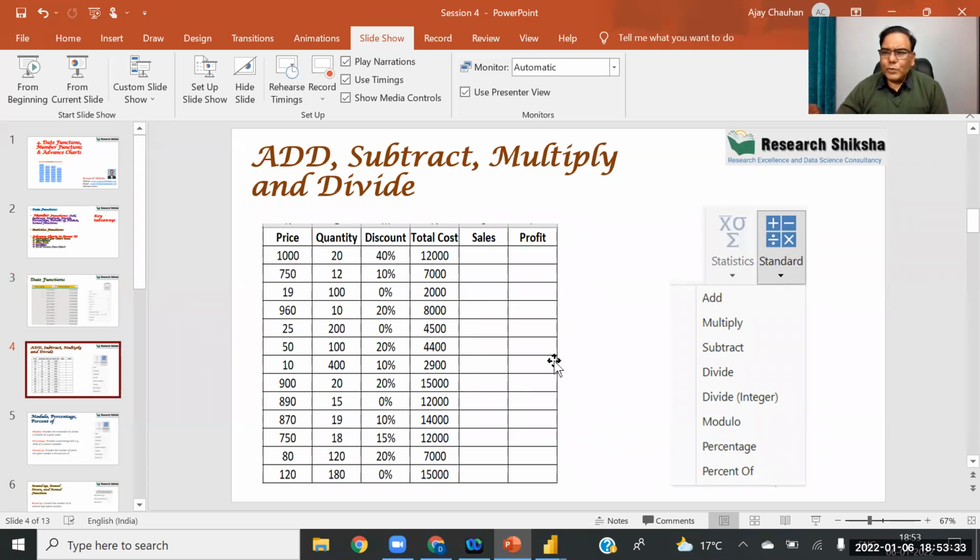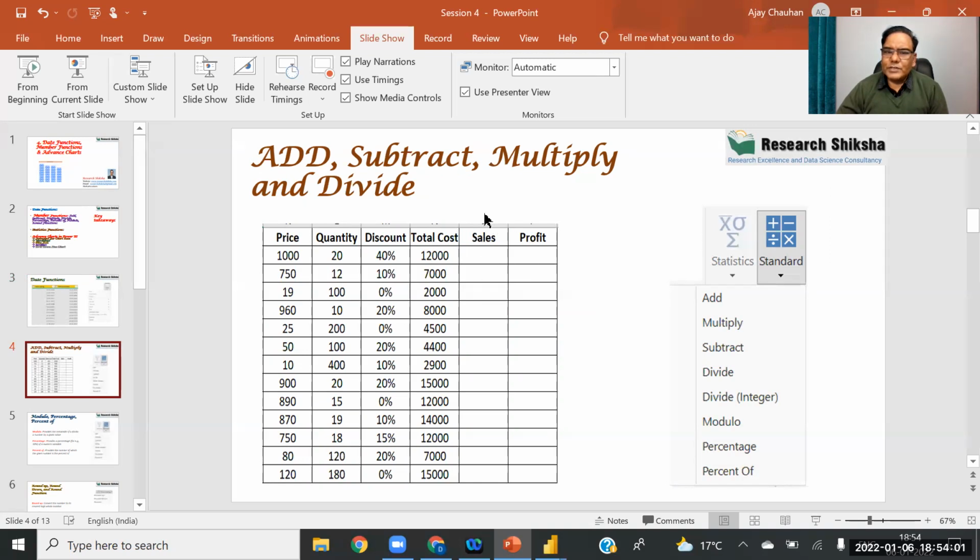Now I'm going to do a small case. In this data set, we have the price of the product, the quantity sold, the discount offered by the company, and the total cost, and you need to calculate the sales and the profit.